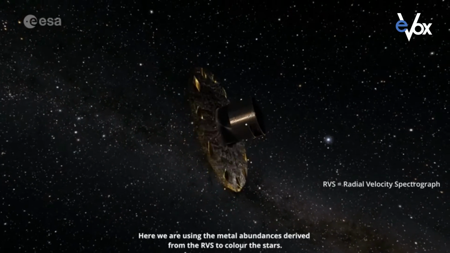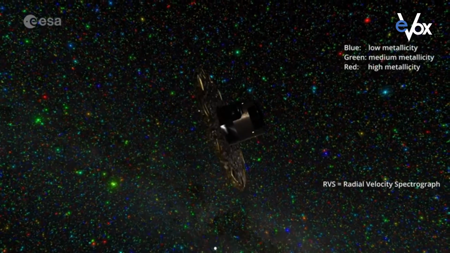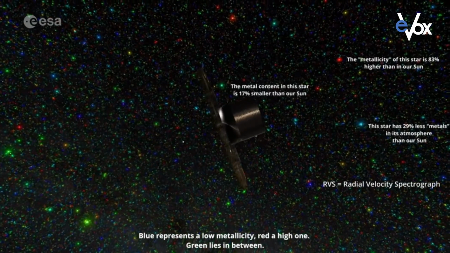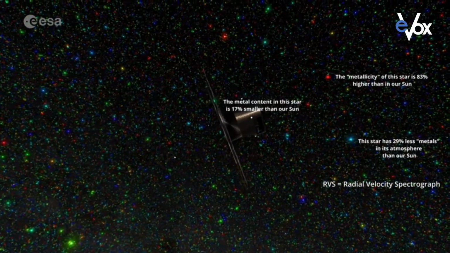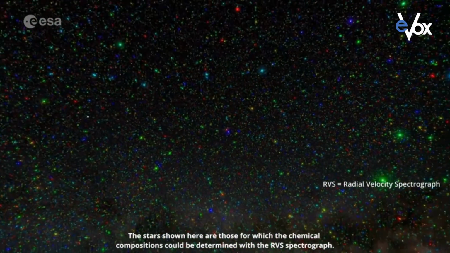Here we are using the metal abundances derived from the RVS to colour the stars. Blue represents a low metallicity, red a high one. Green lies in between. The stars shown here are those for which the chemical compositions could be determined with the